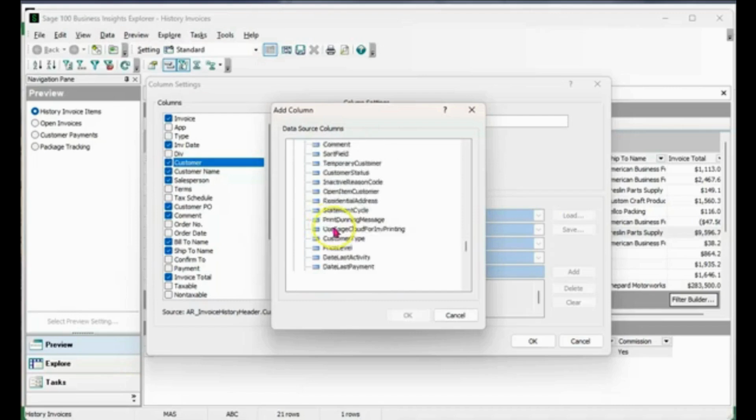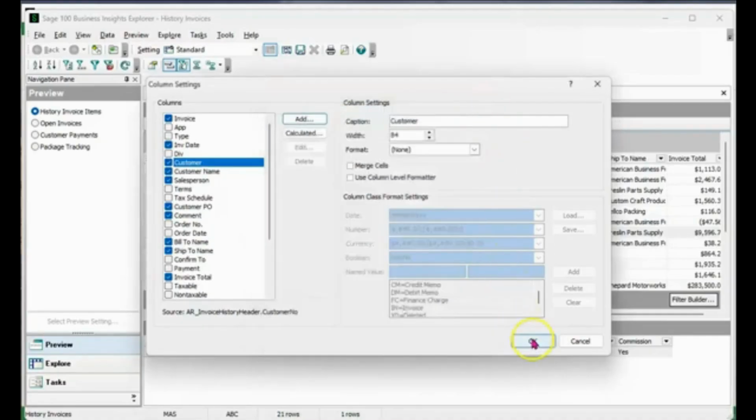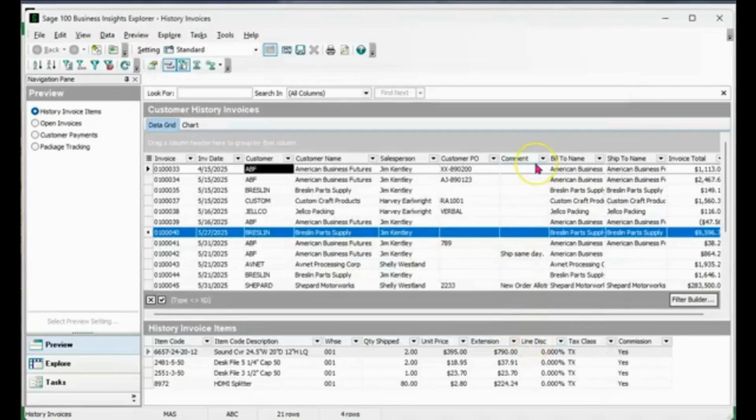And something to be aware of is that if you had user-defined fields listed here, they'd be at the bottom of each one of these listings, and those can be added as well, because the data will be populated and available for visibility within this upper grid or the lower grid for that matter, if you've got fields that are part of the lines section of the invoice.